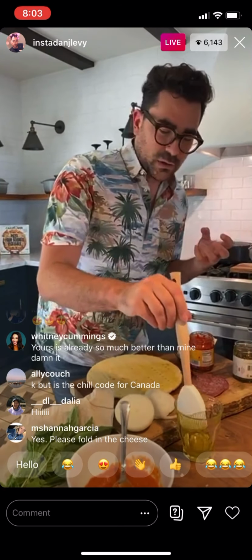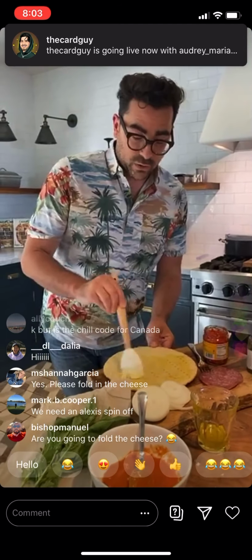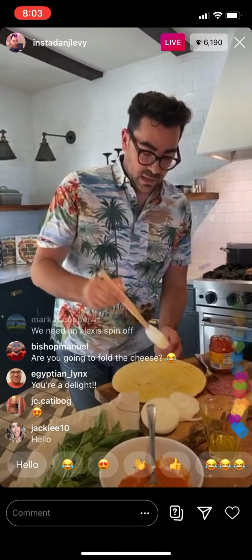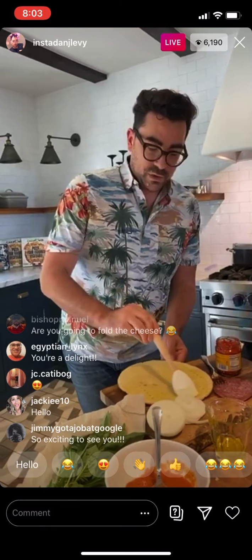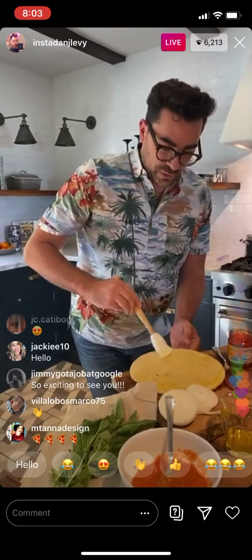So I'm also gonna preface this by saying, obviously cauliflower crust pizzas are delicious and healthier than a regular pizza crust. So I'm gonna be a bit indulgent in terms of my toppings. Okay, so this is what we're doing. We've covered